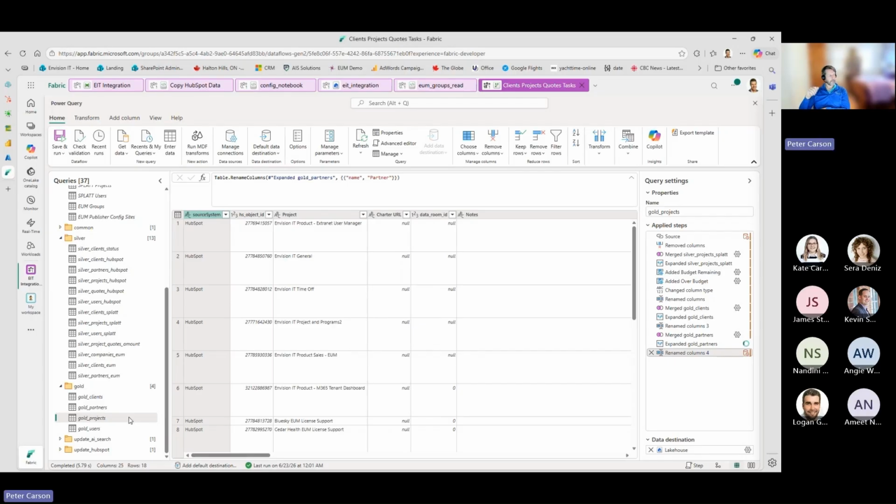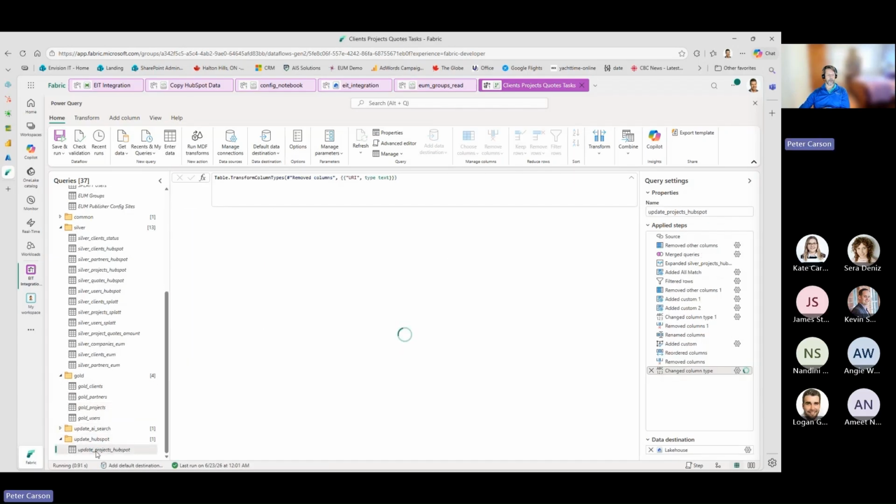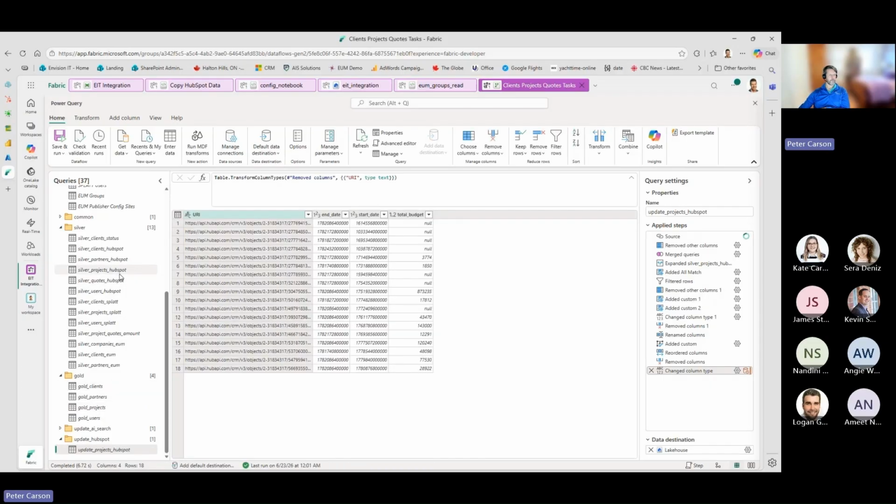So then the last piece, when we want to push this data into the other systems, let's say we want to do some updates into HubSpot, we can basically compare the gold projects record to the silver projects HubSpot record. The silver projects HubSpot is the one record that's now been normalized of what came from HubSpot. The gold projects is the consolidated record of everything that's supposed to be there for a project. And some fields that exist in HubSpot are actually not edited there. They come from the other systems.